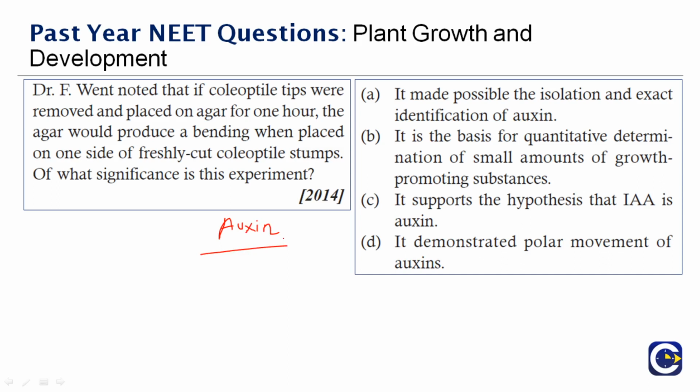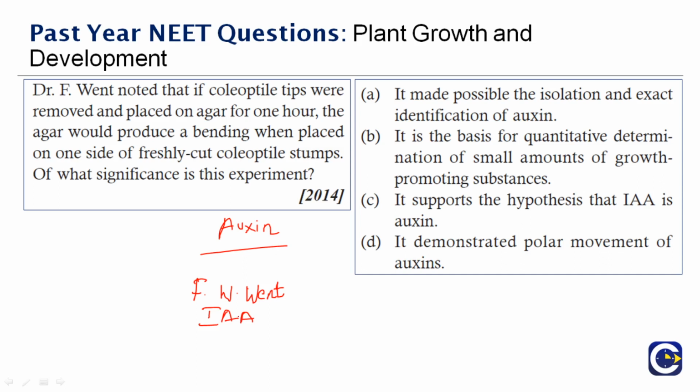The one that we use for this experiment is the Avena coleoptile test, a bioassay first done by Dr. F. W. Went. You use indole acetic acid, indole 3 acetic acid. It measures the angle of the curvature of the coleoptile after placing an agar block containing